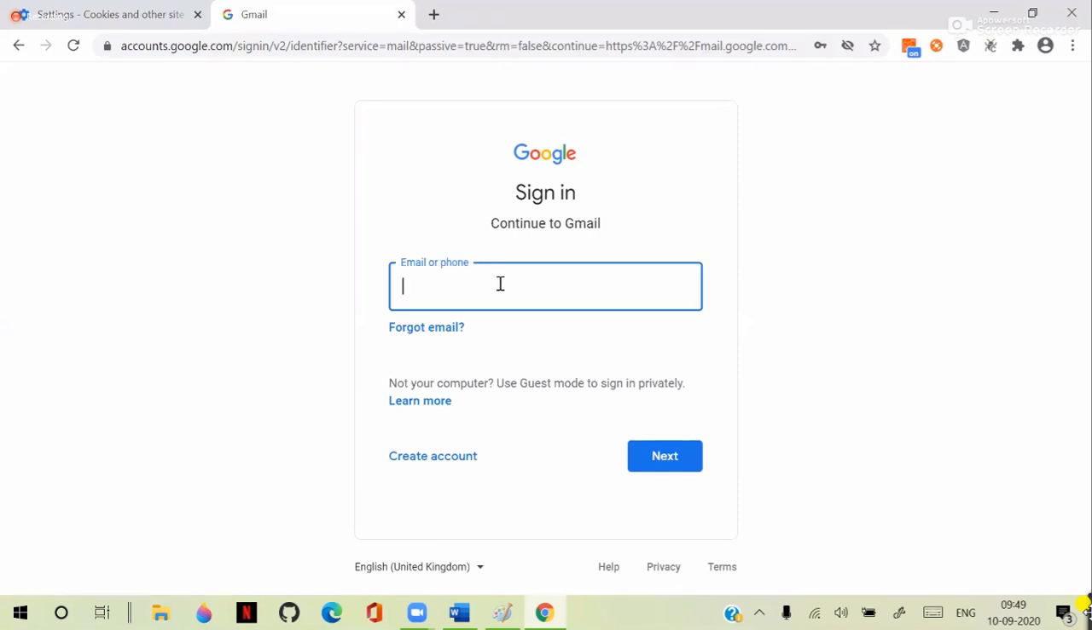I entered some email address. After that, I clicked on next. After entering the email address, I clicked on next. When I clicked on next, you can observe in the next step that